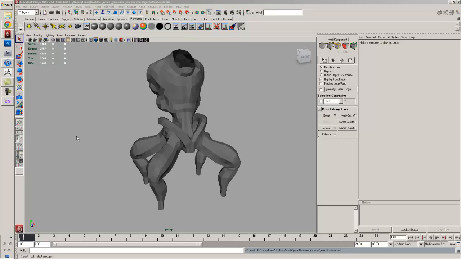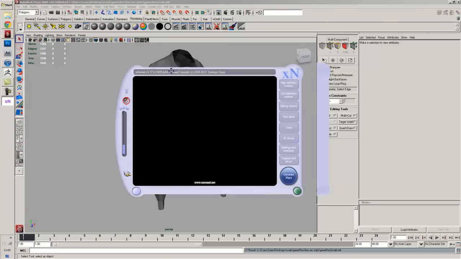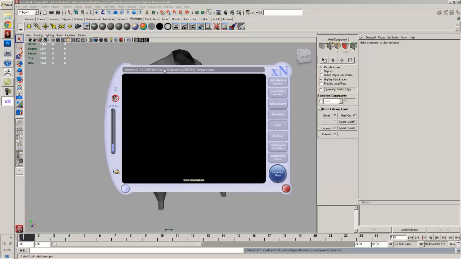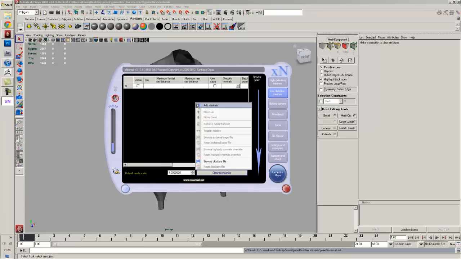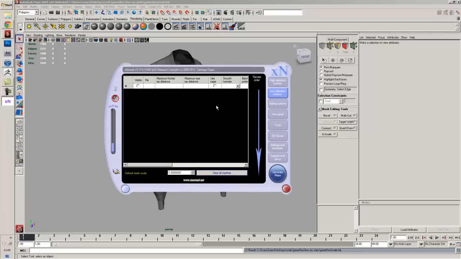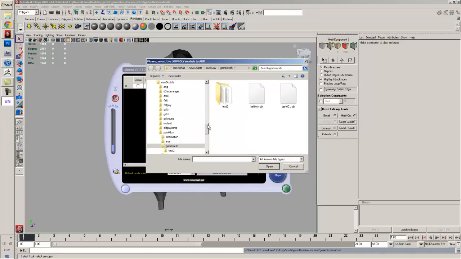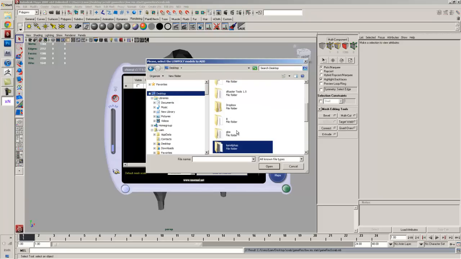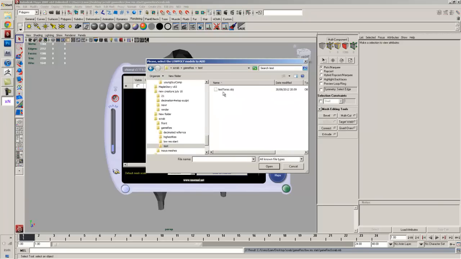XNormal is totally freeware. If you just Google XNormal, you'll find the website for it. Download it for free. There's a couple of tutorials on there about how you use it and the different functionalities in XNormal if you've never baked stuff before. Under this low definition mesh tab, which basically just means low poly, I'm using the game res, which is the lowest form of this. Game res, test torso,